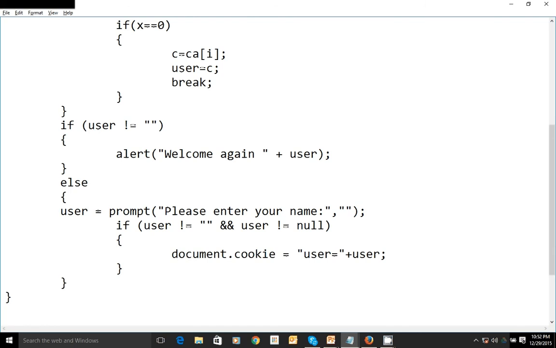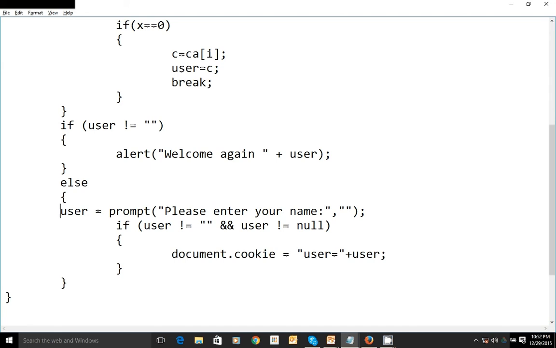By default the cookie lifetime lasts until you close the browser. If you close the browser, the cookie will expire. That's how the default lifetime is set. Here I did not specify any lifetime.